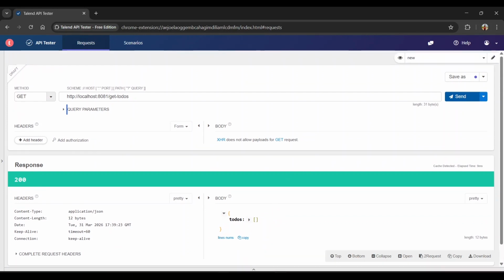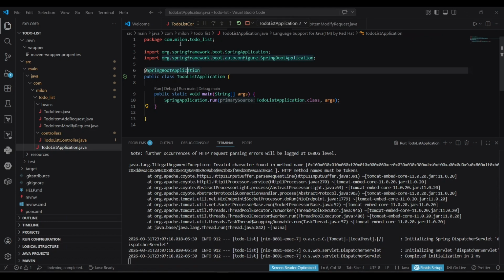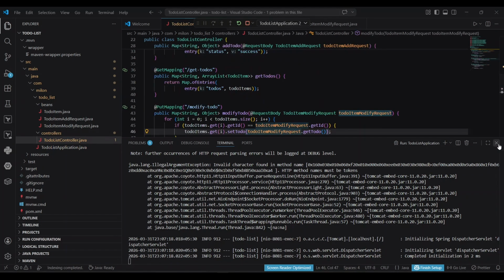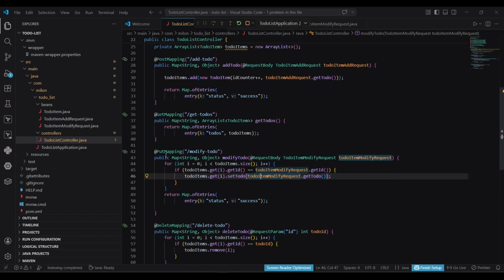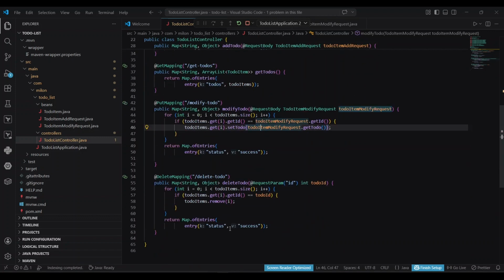So there you have it. We have created 4 methods, which is basically the CRUD operations: creating a to do, getting all the to dos, modifying the to do, as well as deleting the to do. So in the next video, we'll try to integrate this backend with a minimalistic front end, and we'll see it